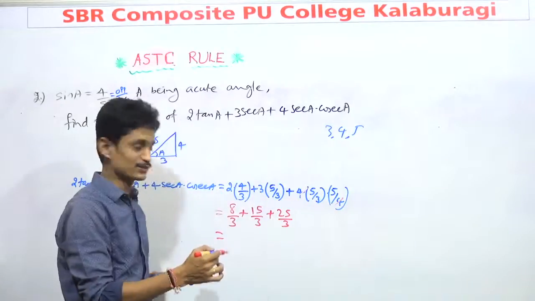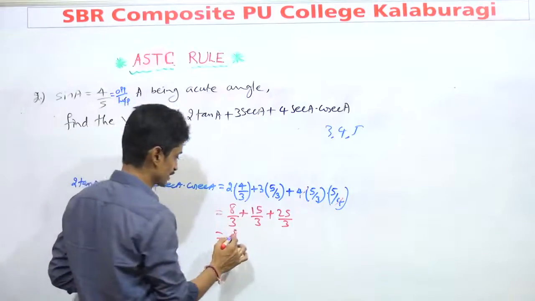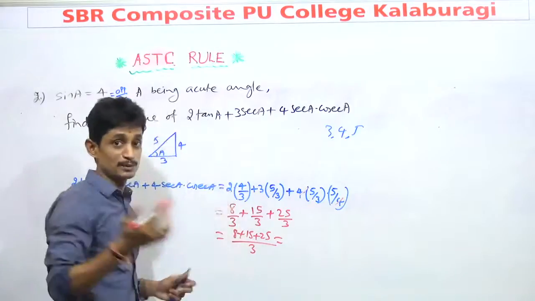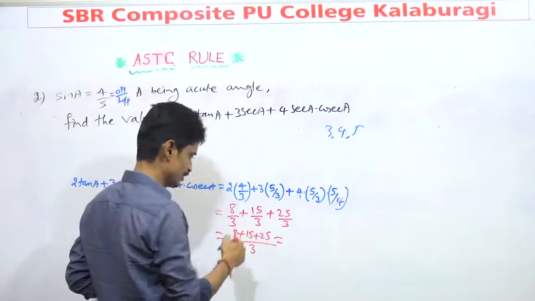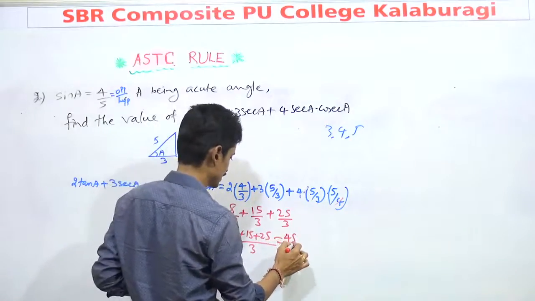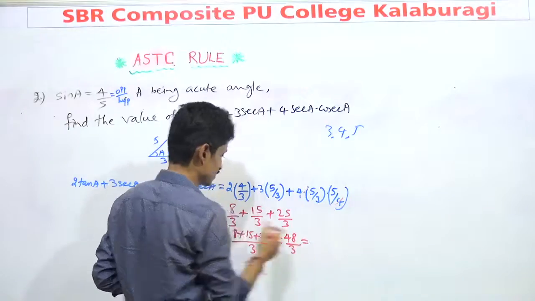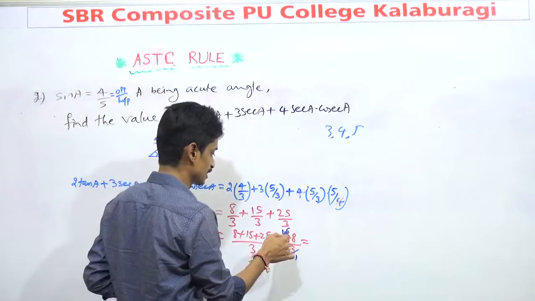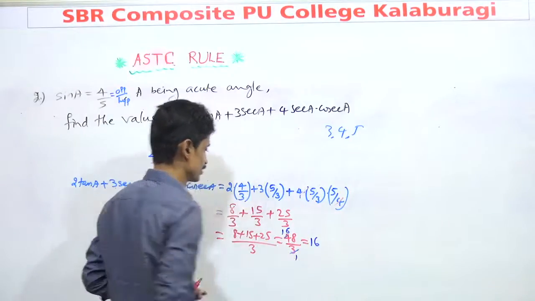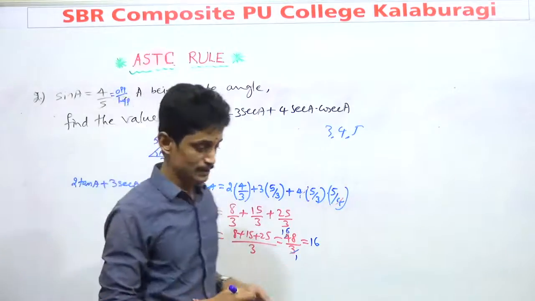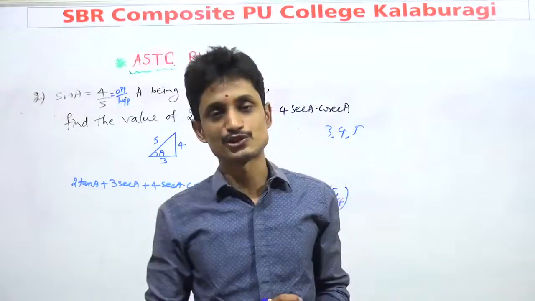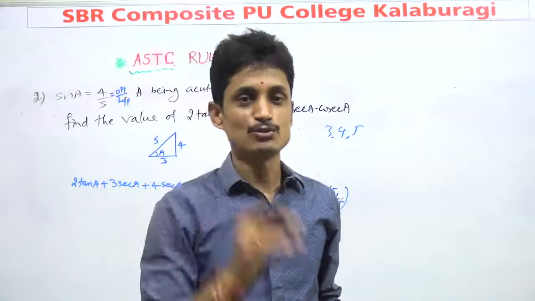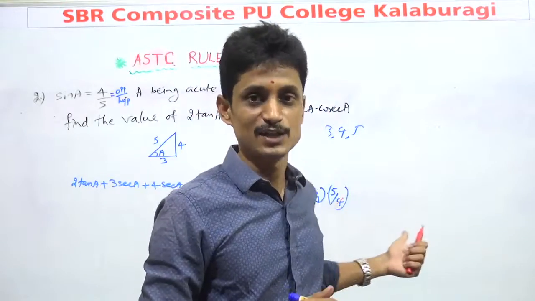All the denominators are the same, so easily we can add the numerators. That is 8 plus 15 plus 25 divided by 3. Same kinds of problems we will get in the test. Now 25 plus 15 is 40, 40 plus 8 is 48, divided by 3. We cancel: 3 16s are 48. The answer is 16. In the 4 options I will give you one as minus 16, another as plus 16, or some other values like 15, 25. You have to choose the correct option by getting the answer. Note it.